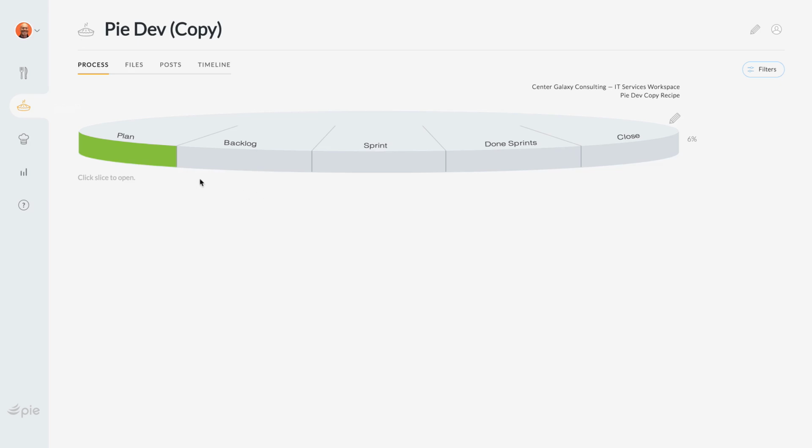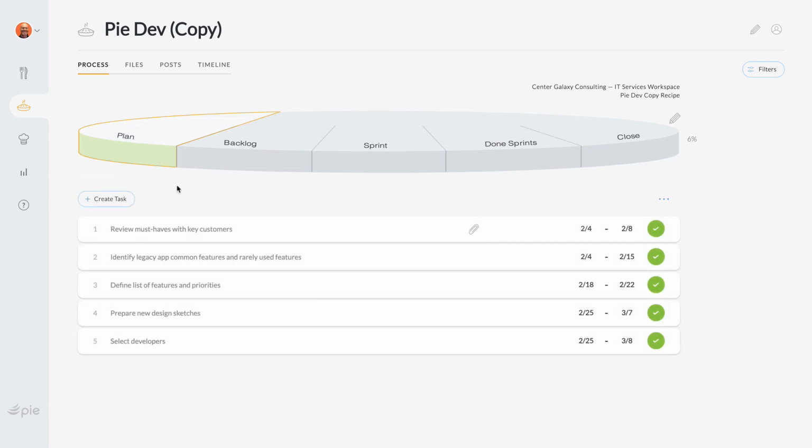The first thing to notice is that I've got the phases of my project: plan, backlog for my requirements, sprints for repetitive iteration of multiple sprints and your sprint results, and then closing out of the project. We don't use this close phase here because my product is perpetual, continuous, but most projects have budgets and timelines with specific end dates. So I threw this in just for the sake of this demo, but let's jump into